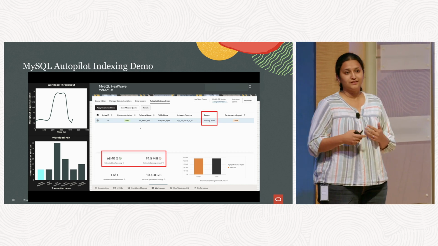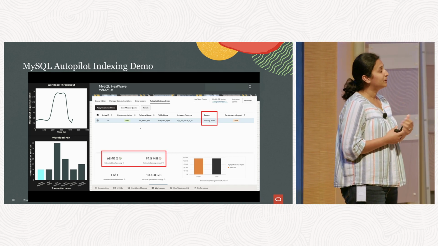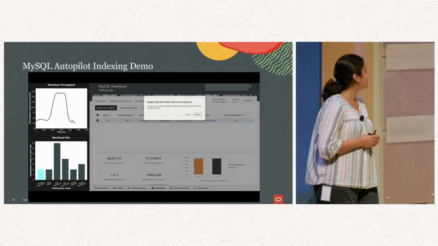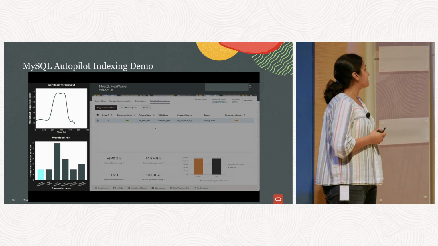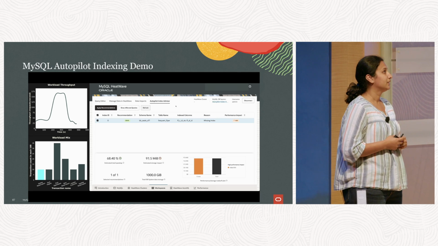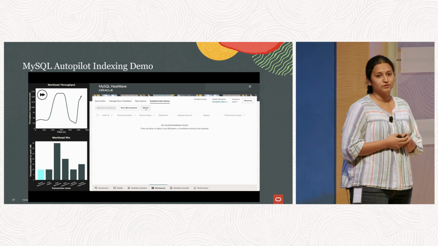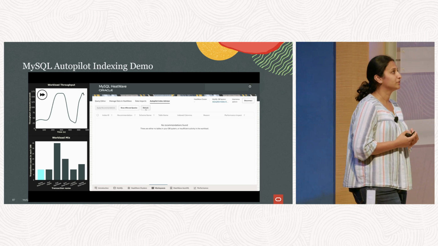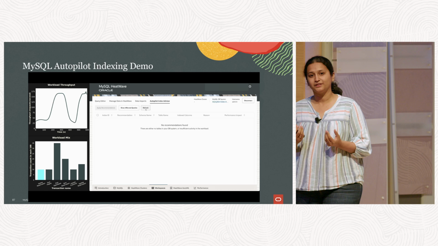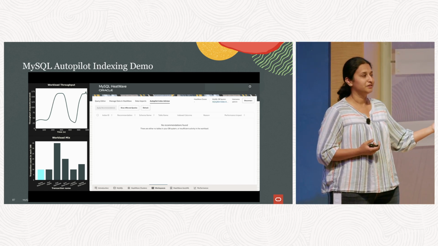So we can see that the advisor is able to pick up on these changes in the workload. Now let's apply the recommendations and see what happens with the throughput again. So again, it's creating the index in the background for us. And as expected, the performance goes back up to 150 requests per second. So it's automating all of these things. You could manually tune the workload and find the indexes, but you could also just use this cool tool that